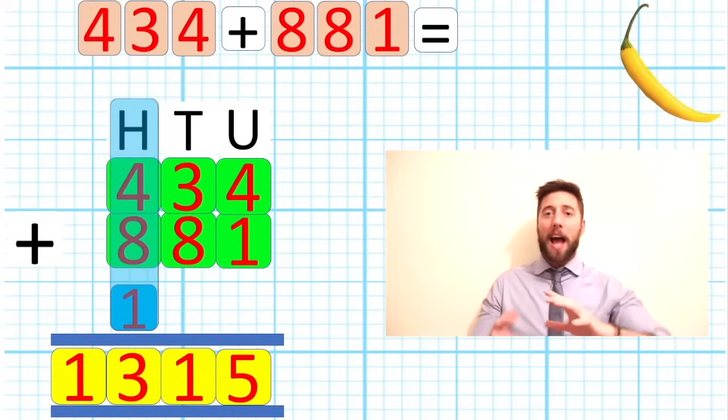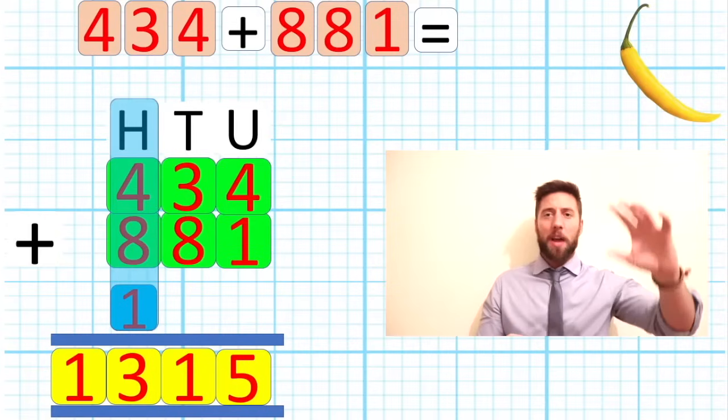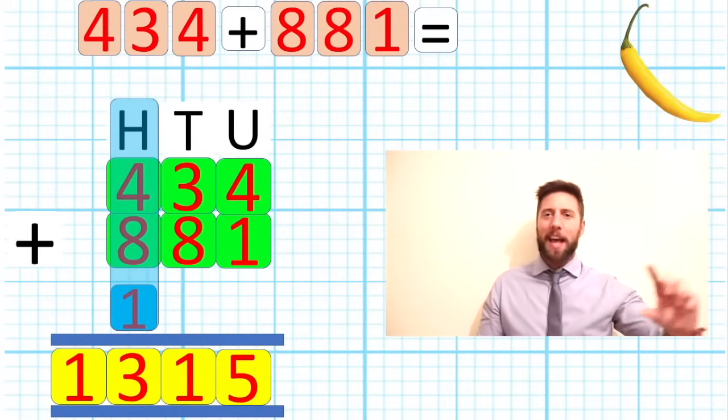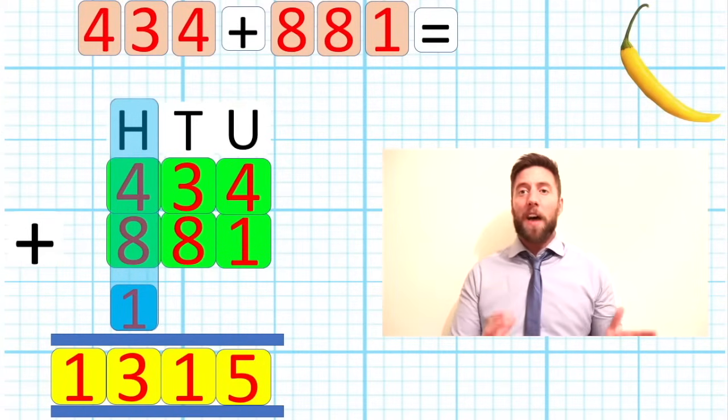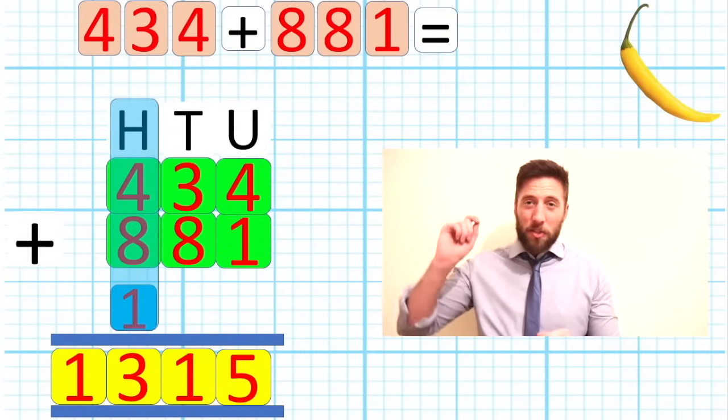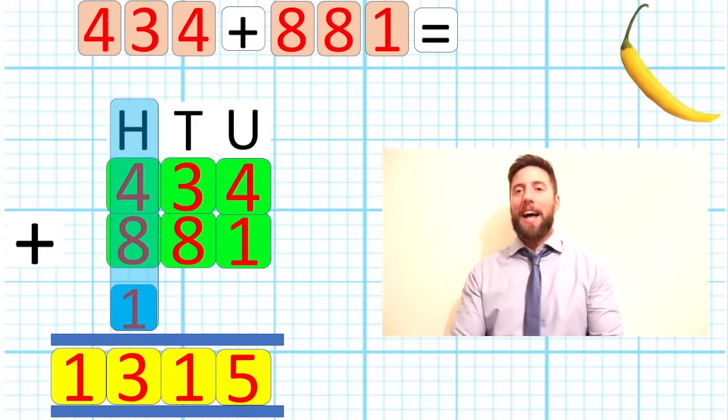But different again, we have no further question. We don't have a 1,000 column ready, so we can just put our full answer in there. Put the 13 straight into our answer. A 1 in our 1,000, a 3 in our 100, leaves us with a grand total of 1,315. The answer to 434 and 881 is